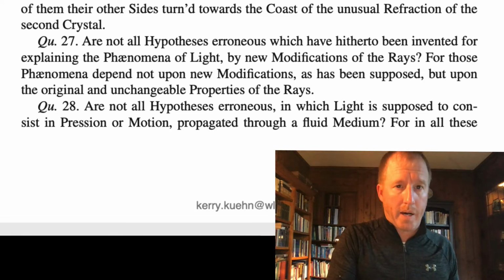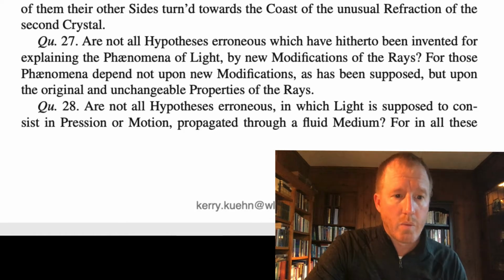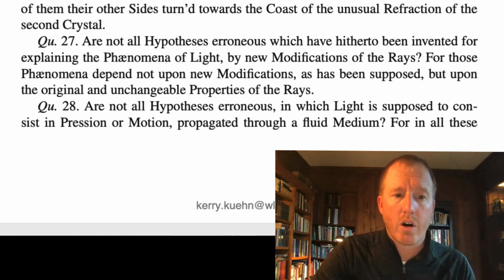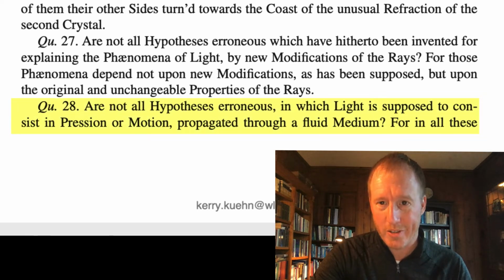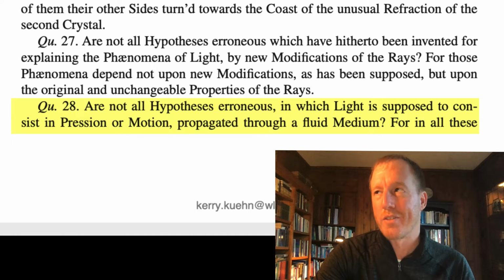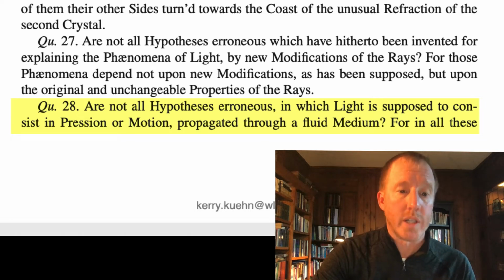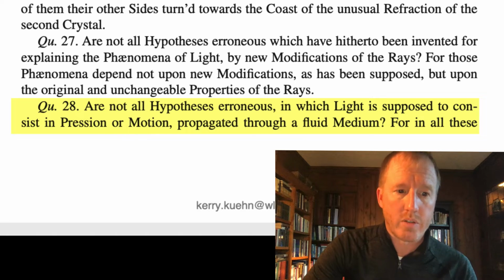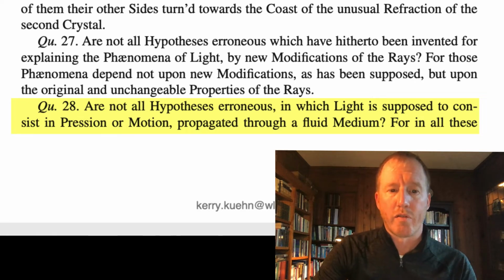So why don't you look at the bottom of page 213 and the top of page 214, where he says, are not all hypotheses erroneous? Okay, so he's asking a rhetorical question: aren't the people who think differently than I do erroneous? Are not all hypotheses erroneous, in which light is supposed to consist in pressure, or motion propagated through a fluid